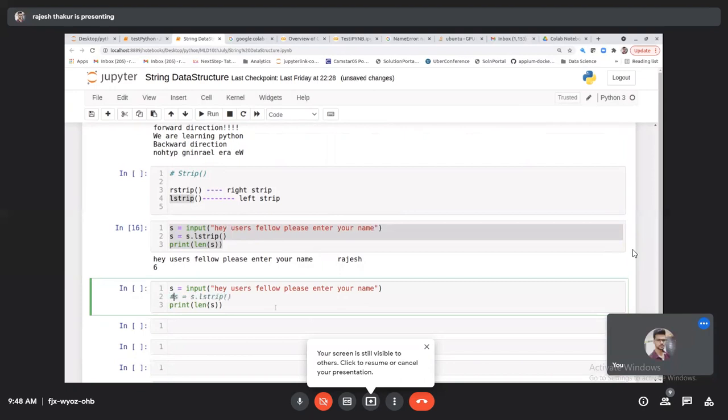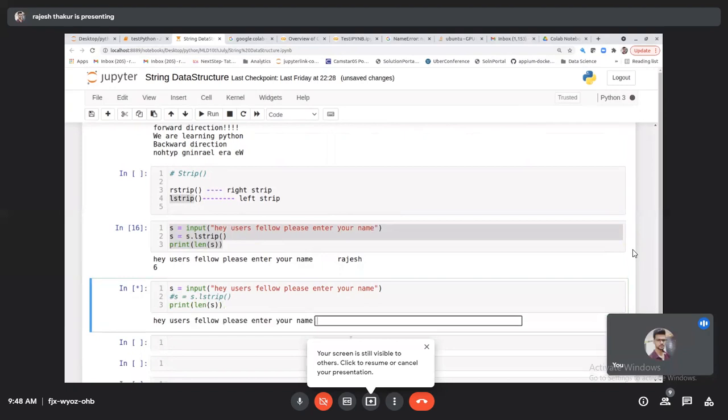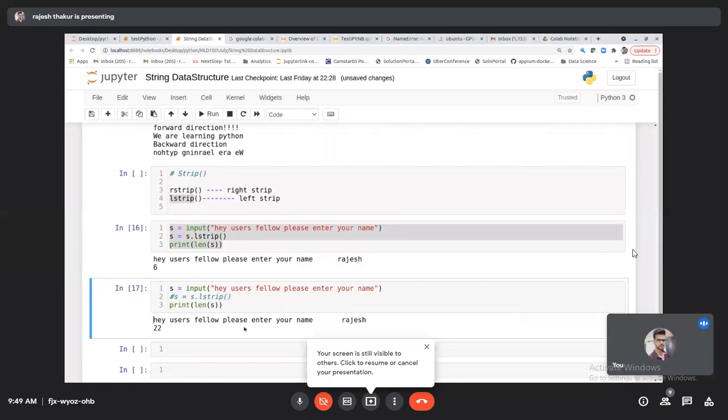Acha. Chalo. So here user doesn't know, right? User knows, okay, I can put space and something blah blah blah, it should work. And here it is giving 22 characters, which is not correct. So you have to remove left side ka space and right side ka space as well. So what you can do, just try to understand, guys? Just remove this L and the strip function will strip from the left side as well as right side.